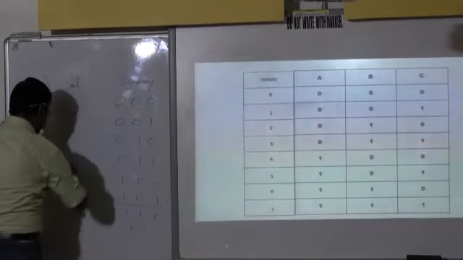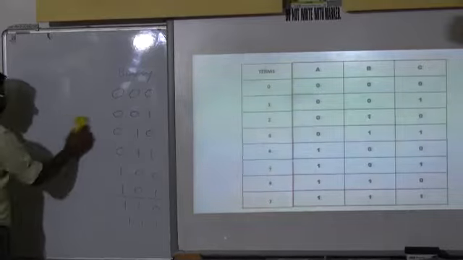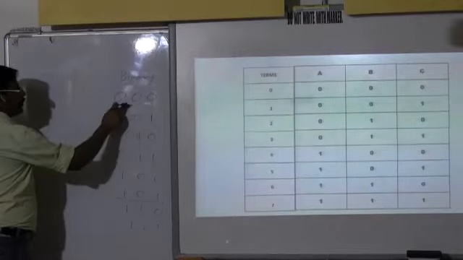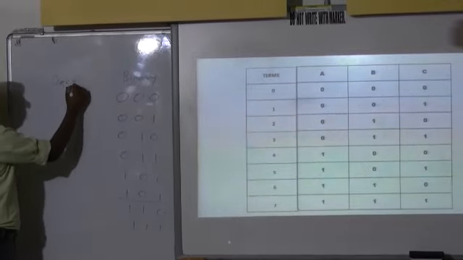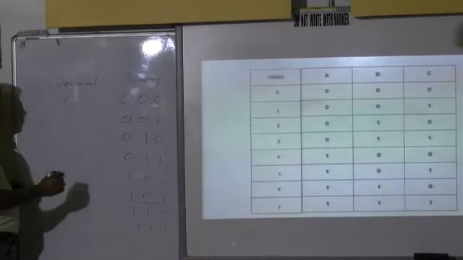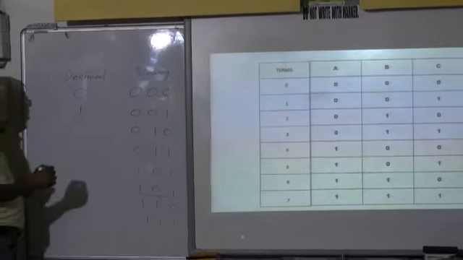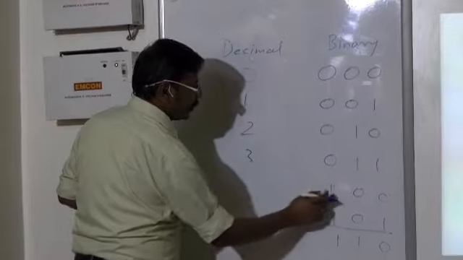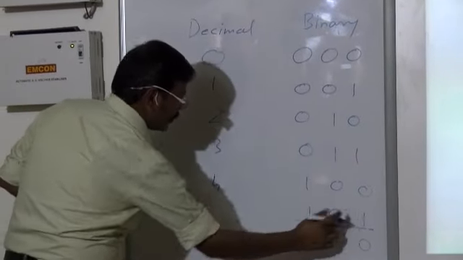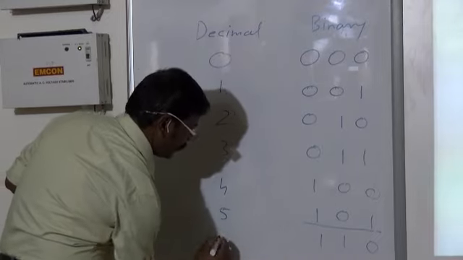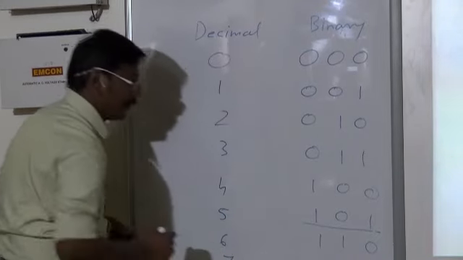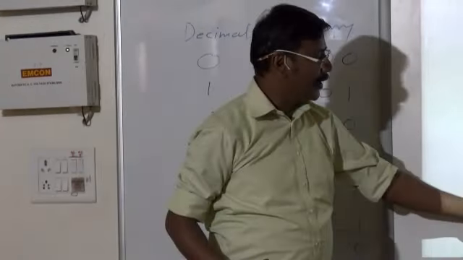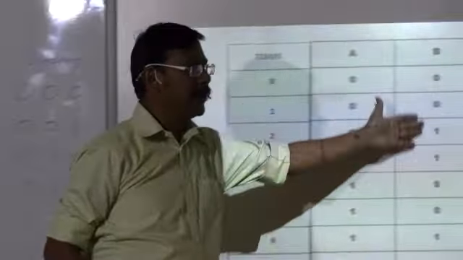Also, from the row combination, the binary values, you can get the term values. Like if I have 0, 0, 0, it will be 0. If it is 0, 0, 1, it is 1. If it is 0, 1, 0, it is 2. 0, 1, 1 is 3. 1, 0, 0 is 4. 1, 0, 1 is 5. 1, 1, 0 is 6. 1, 1, 1 is 7. So whether you are converting decimal to binary or binary to decimal, you can easily get these numbers, the terms, or looking at the terms, you can get the combinations.